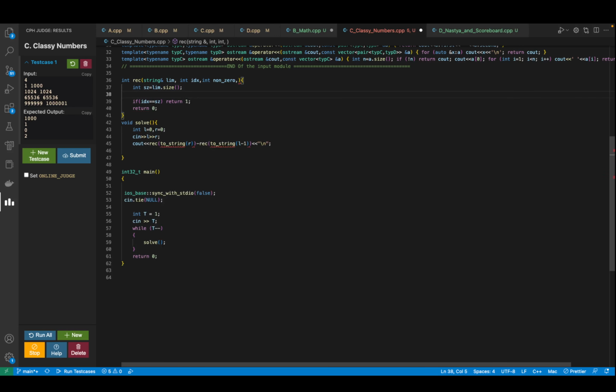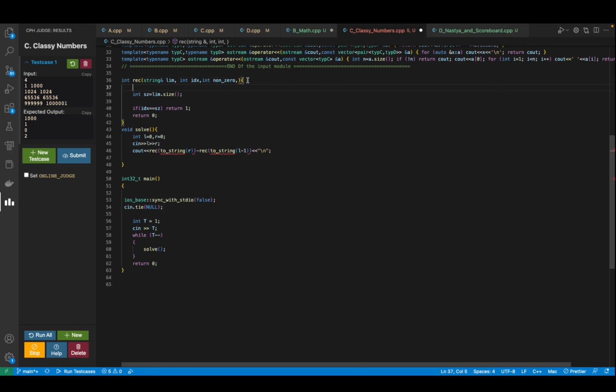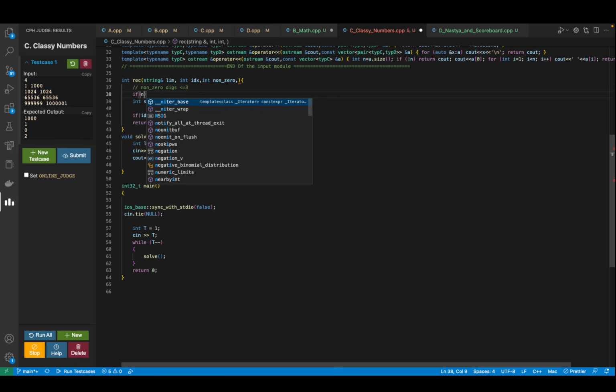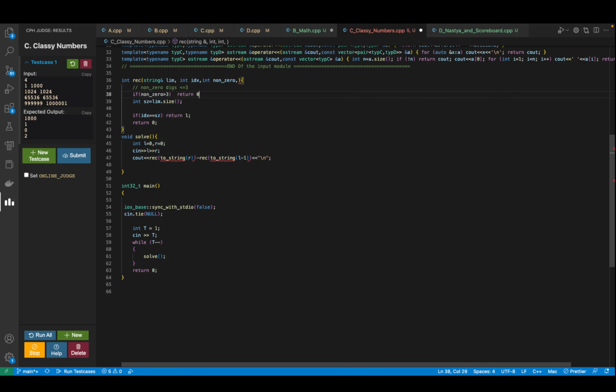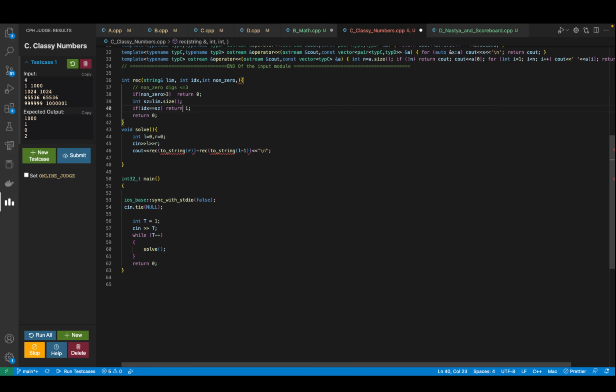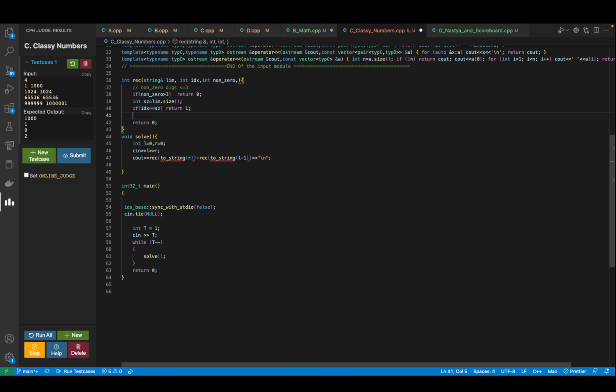The entire motivation of this algorithm was that the number of non-zero digits should be less than or equal to 3. So if non-zero is greater than 3, then you need to return a 0.